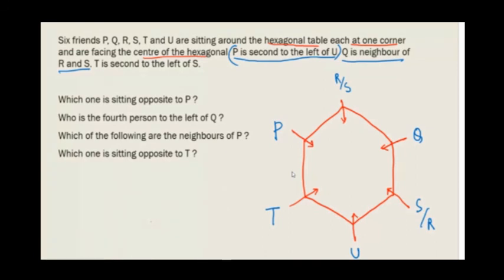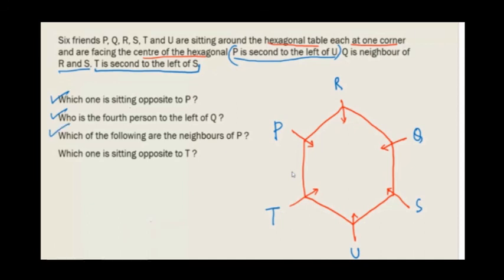But now there is additional information. Now T is second to the left of S. Now T is second to the left of S means they are confirming the position of R and S with respect to us. Now, what is the position of R and S? Now here, suppose if I take S here, first to the left, second to the left. Right? In this case, I'm definitely getting T second to the left of S. So that is nothing but means to say that S has to be here and R has to be here. So we have to keep on erasing and keep on modifying it. Okay. When we keep on modifying it, then you will definitely get it. Right. Now you can easily answer the questions.